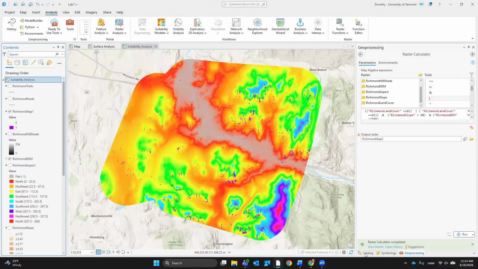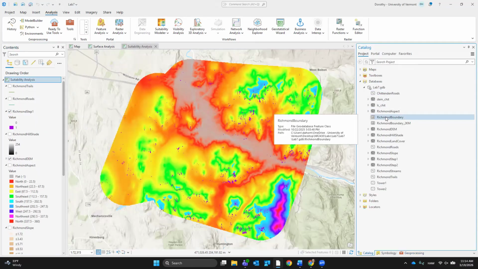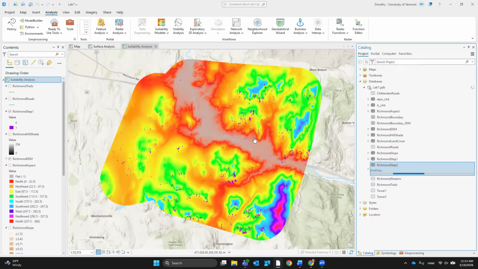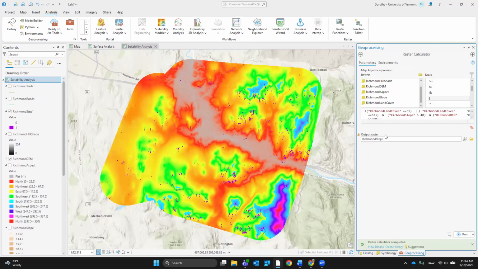I'm going to go back to my catalog. I'm going to remove it. Delete. Yes. I'm going to try. Something in my code isn't working properly, so that's part of it.